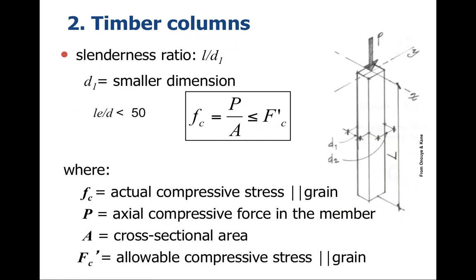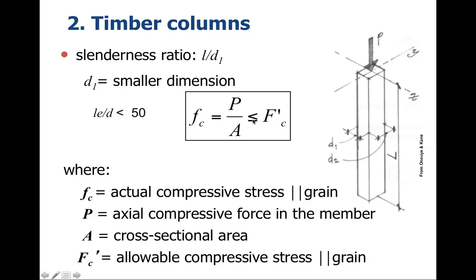For timber columns, we have a different sort of examination. Here's our slenderness ratio, L, the length of the column divided by D1, where D1 would be the narrower axis. So D1 being the smaller dimension. Now, if we have, say, the short, stubby column, here we have something on the order of F sub C equal to P